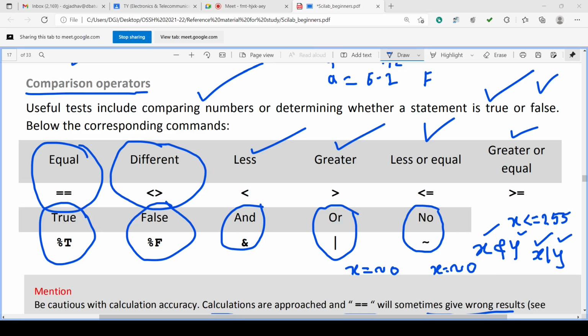So single equal and double equal are used for different logics, for different operations. One is the assignment operation, the other is the comparison operation. Assignment is nothing but assigning the value to the variable, putting the value in the variable.